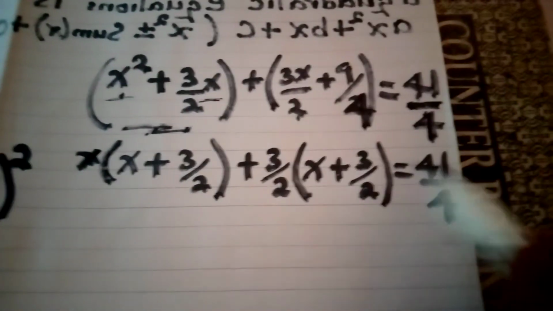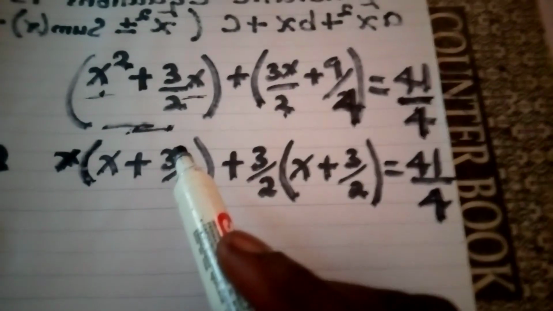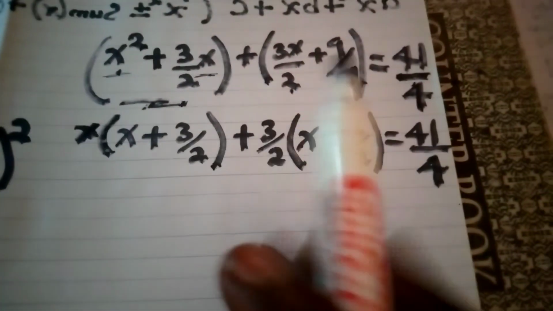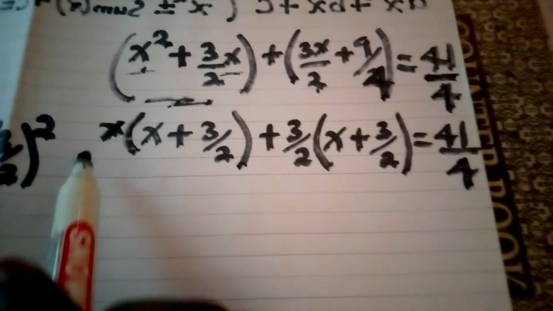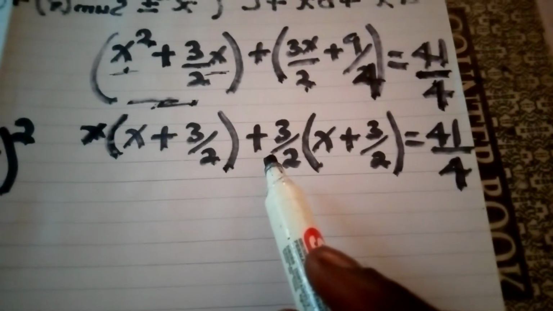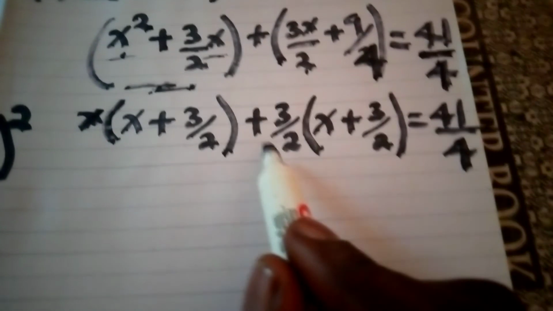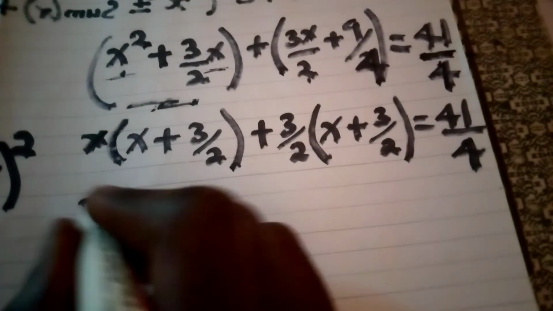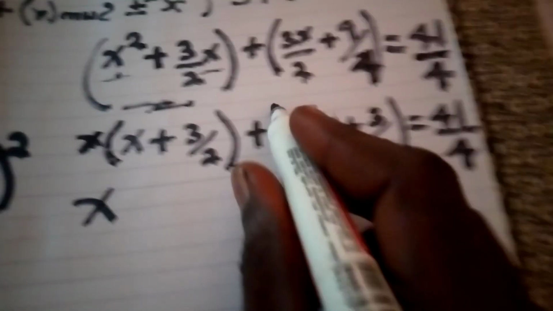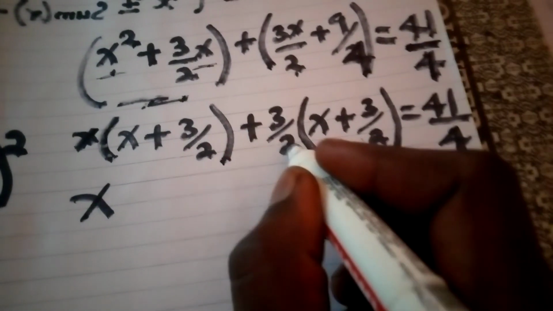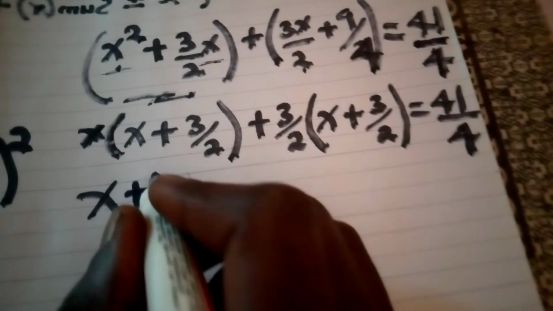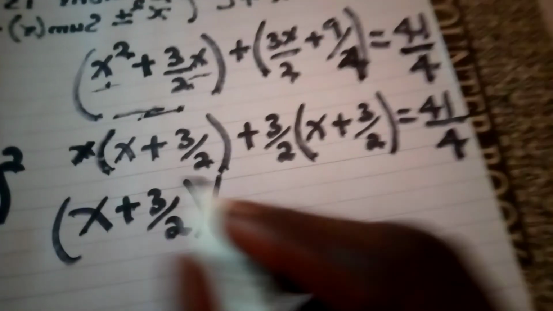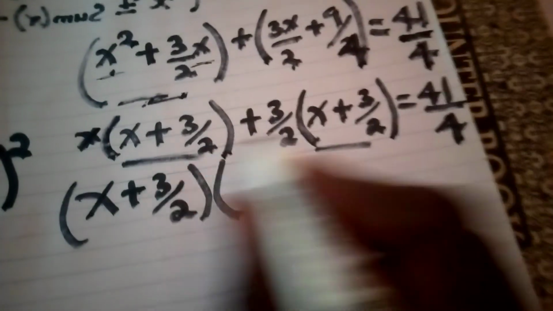So this is our result after factorizing, or after pulling out the common factor. So when you pull out the common factor from here, try to group those common factors together plus the sign which is before them. So which means in this one we shall have positive, that is going to be x, then here we shall have plus 3 out of 2. So you bring it also here, 3 out of 2, you close the bracket, then times one of the two brackets, because these two brackets have the